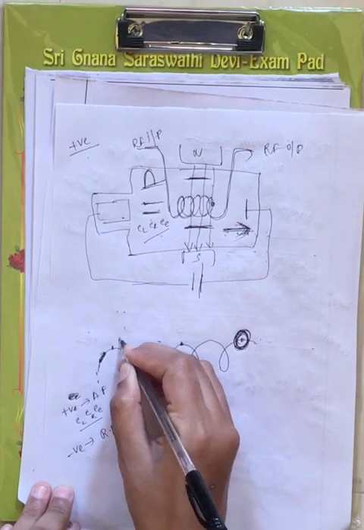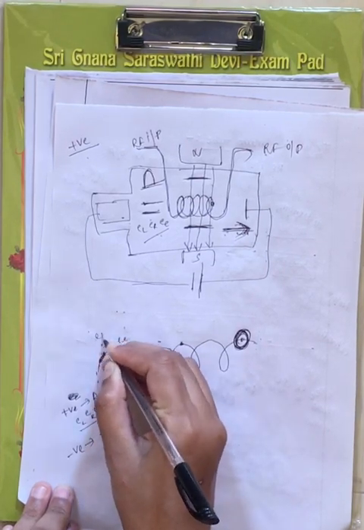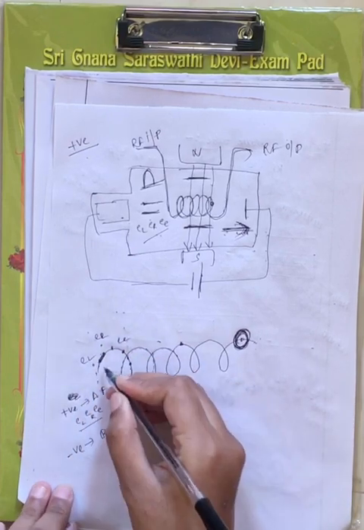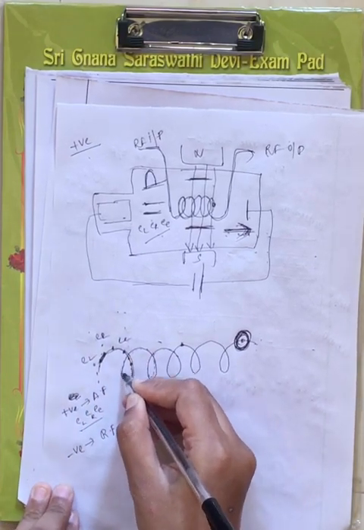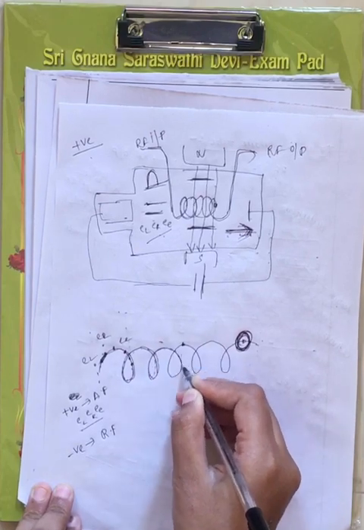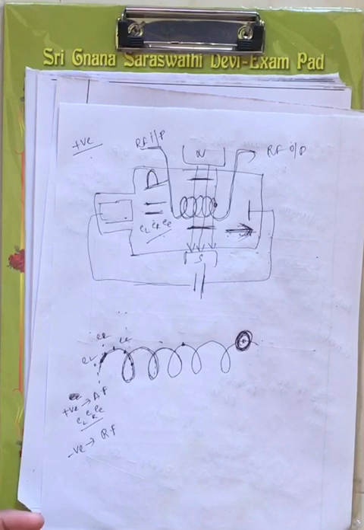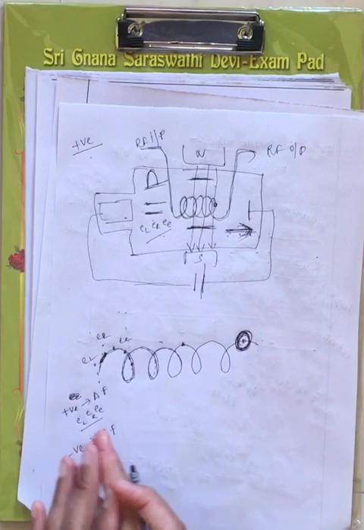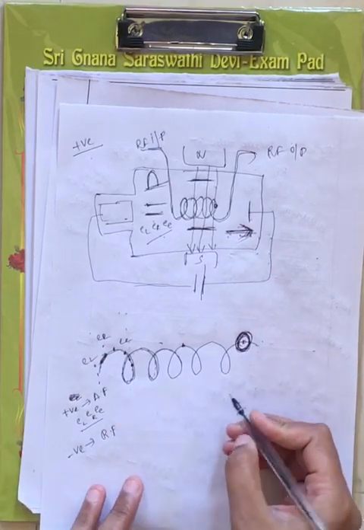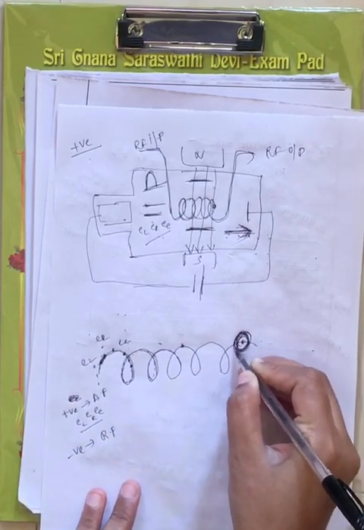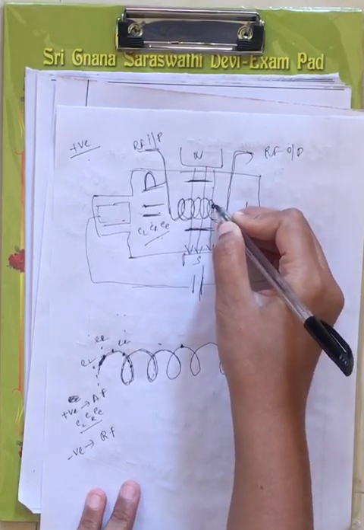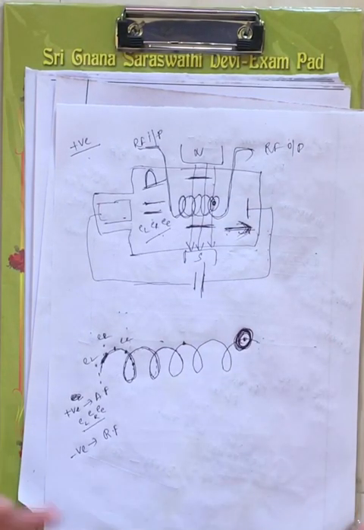Now consider this is your early electron, this is your reference electron, and this is your late electron. As the beam of electrons travels along this slow wave structure, the gap between those electrons decreases. As the gap between them decreases, finally they form an electron bunch here. Whether it is the positive half cycle or negative half cycle, only the force acting on the electron will vary, except that everything is the same.